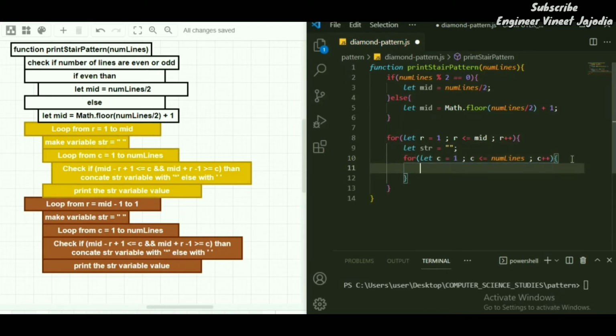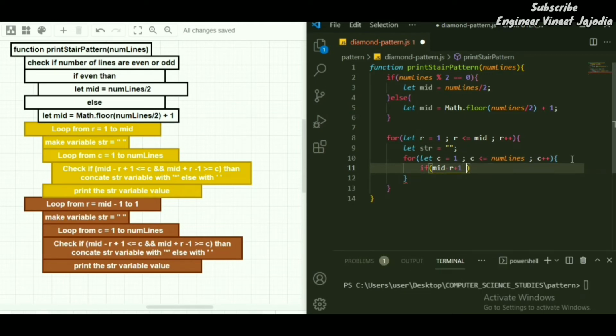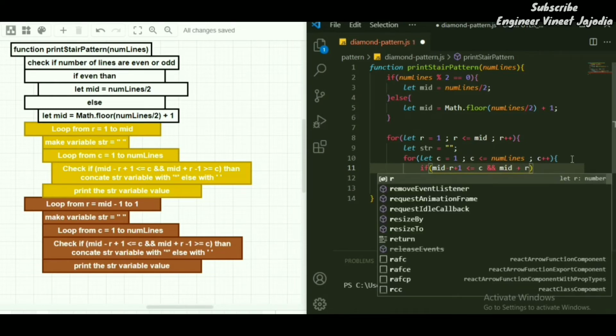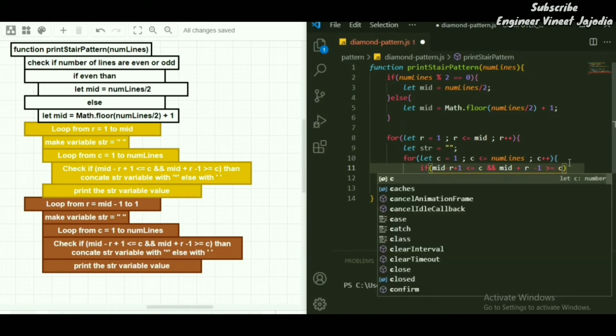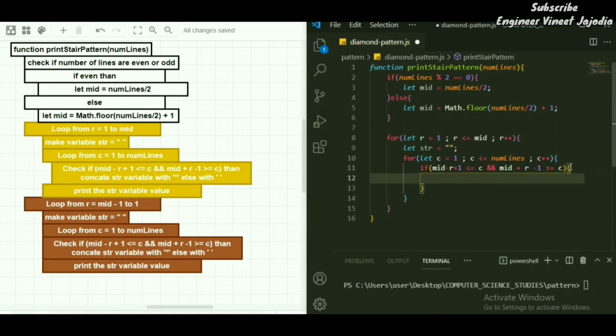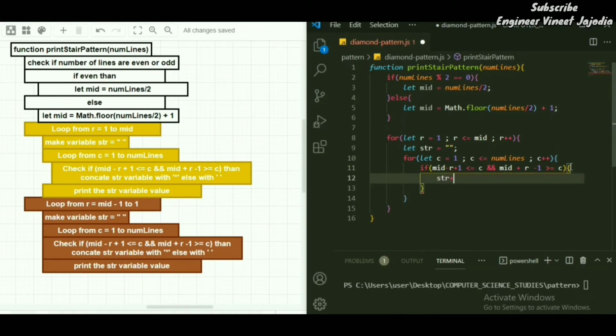Inside it we are going to check whether the condition is fulfilled or not. So if mid minus r plus 1 is less than or equal to c, and mid plus r minus 1 is greater than or equal to c, then we are going to append an asterisk to the str variable.